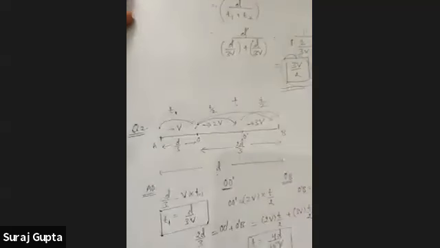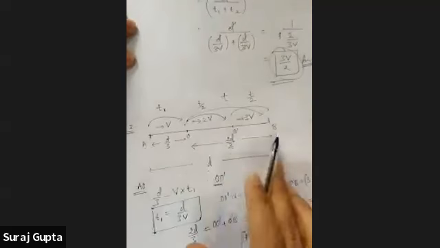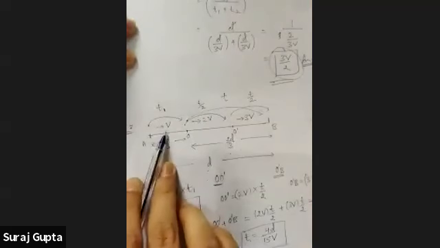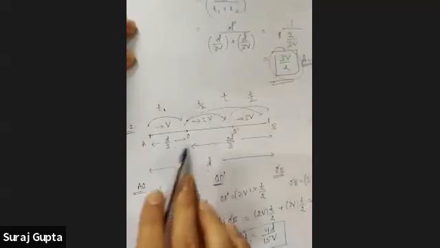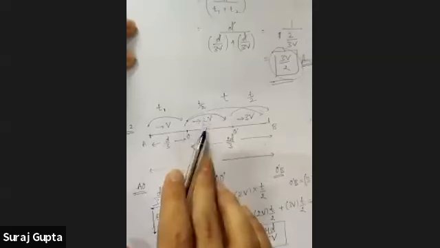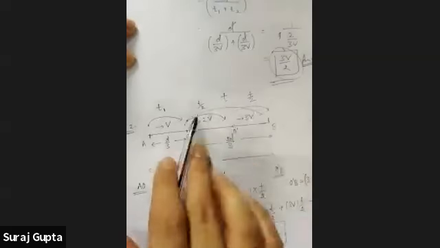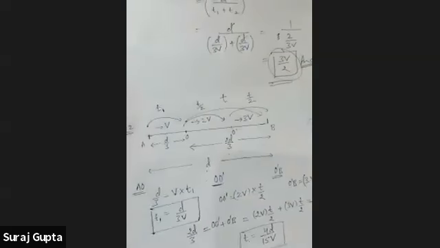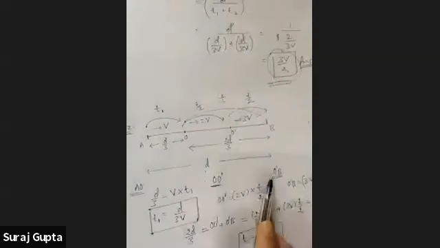We can understand the question again. The question was: a particle starts from point A and reaches point B in a straight line. Initial 1/3 of the distance is traveled with speed v. Now for the remaining 2/3 of the distance, whatever time the particle is taking, half of the time the particle travels with speed 2v, and the other half of the time it travels with speed 3v, t by 2, t by 2. This total time is t. So for these three parts, we applied displacement is equal to velocity multiplied by time for AO, for OO dash, for O dash B.